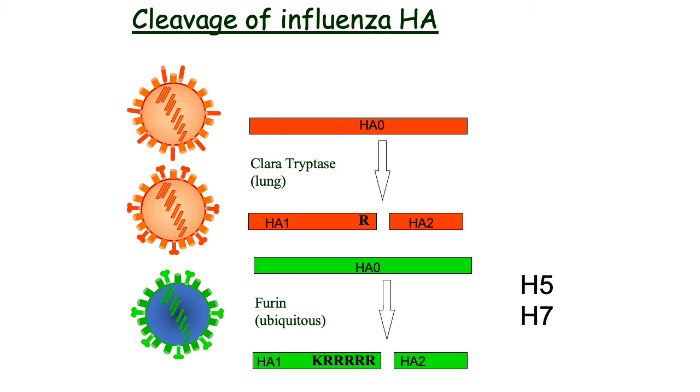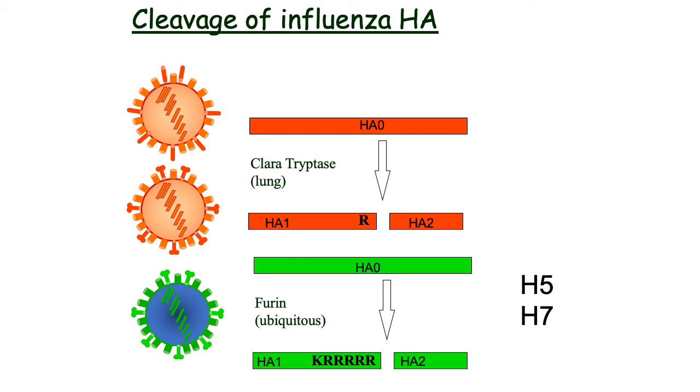And so hemagglutinin starts out as hemagglutinin 0, is what we call it before it gets cleaved into hemagglutinin 1 and hemagglutinin 2. That's just the entire protein. And yeah, that's exactly what happens. So with H5s and H7s, these really bad bird flus, they actually have a modified cleavage site. So claritryptase only needs one arginine. That's that one little R you can see right where the arrow's coming down. And that's going to be enough for cleavage. But the cleavage is kind of slow, and it does happen in